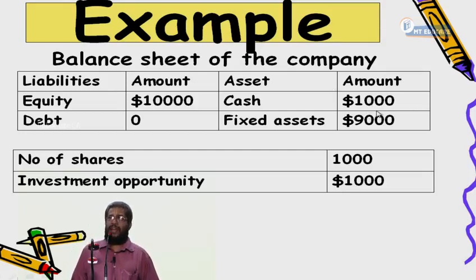The other option is to declare the $1,000 as dividend. When I declare the $1,000 as dividend, will my investment stop? No. MM says that if an investment is good, we'll continue with that investment whether or not we have the dividend. So if I declare this $1,000 as dividend, where to go for money for investment? I'll raise the money through a new public issue of shares. Due to this, $1,000 goes out as dividend. It becomes a $9,000 company, shared by 1,000 shares. Every share becomes $9 per share, ex-dividend price.